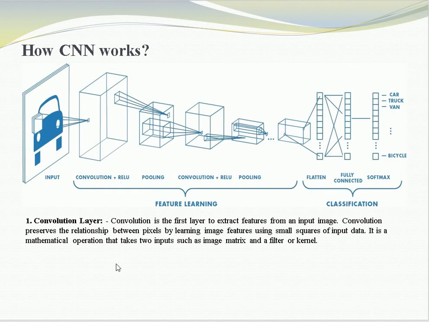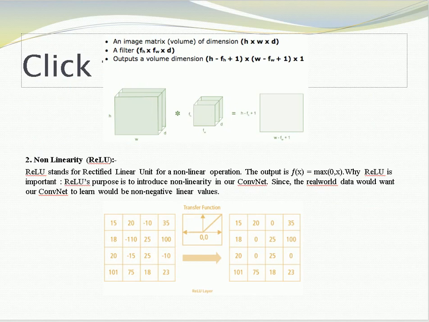First is the convolution layer. It is the first layer to extract features from an input image. It is a mathematical operation that takes two inputs such as image matrix and a filter or kernel. So this is how it will look. Next is the ReLU layer, which stands for rectified linear unit for a non-linear operation. This is important to introduce non-linearity in a convolution network, since the real-world data will want our convolution network to